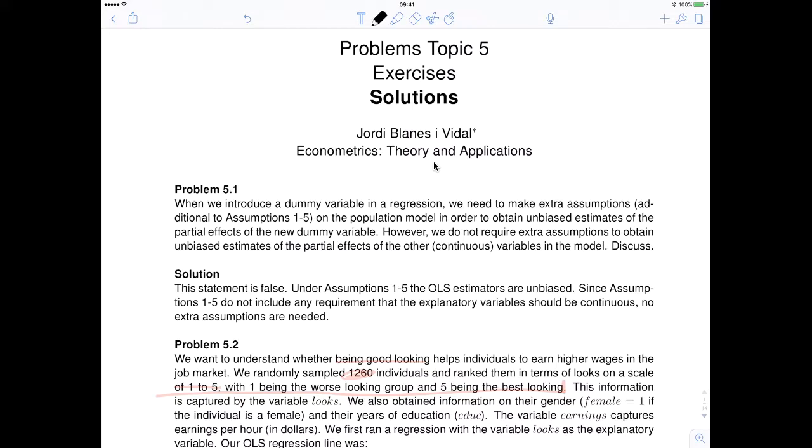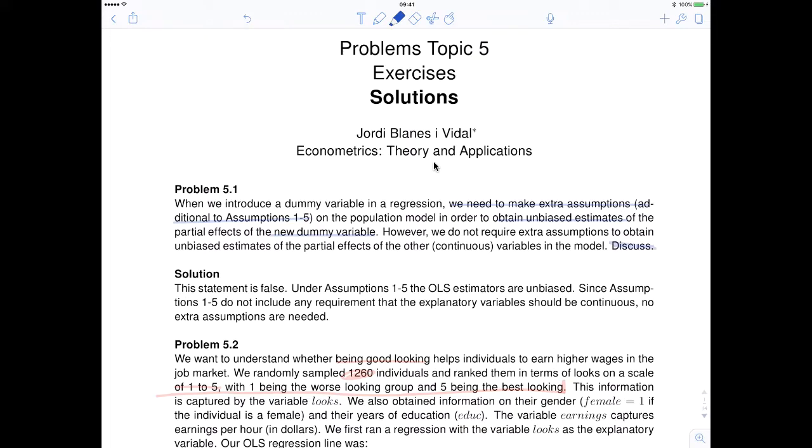Point one, we introduce a dummy variable into the regression. We need to make extra assumptions in addition to 1.5. So this question is implicitly telling you that 1 to 5 hold in order to obtain unbiased estimates of the partial effect on the new dummy variables. However, we do not require extra assumption to obtain unbiased estimate of the partial effect of the other continuous variables